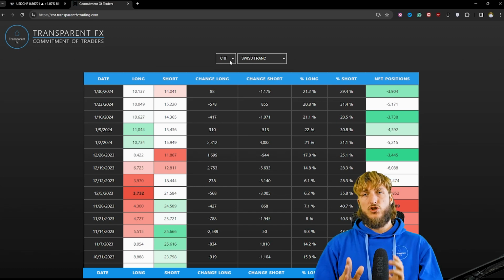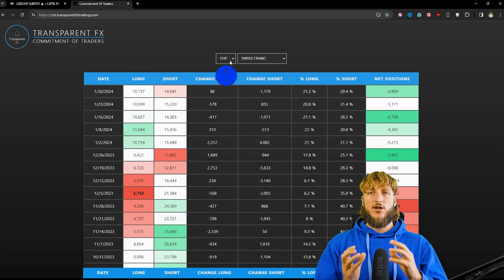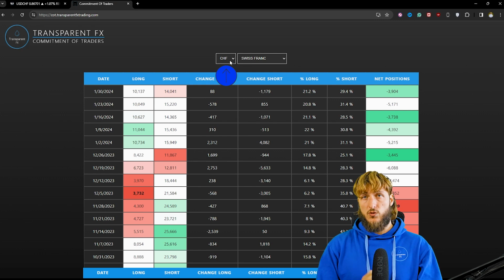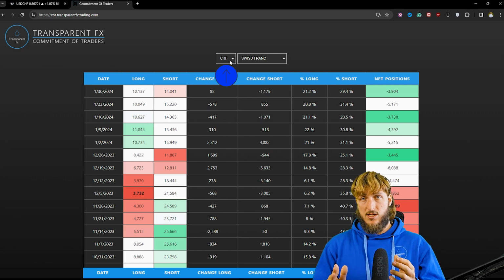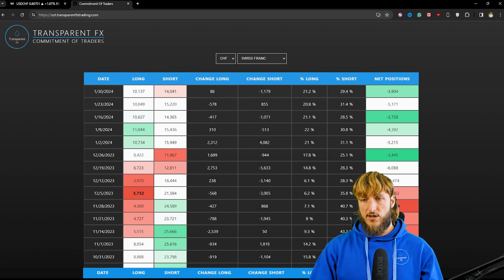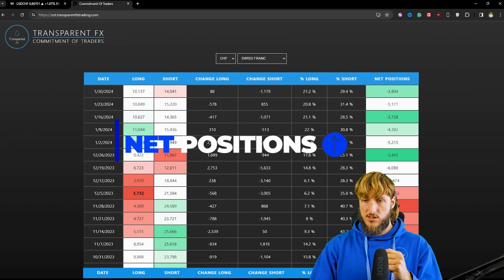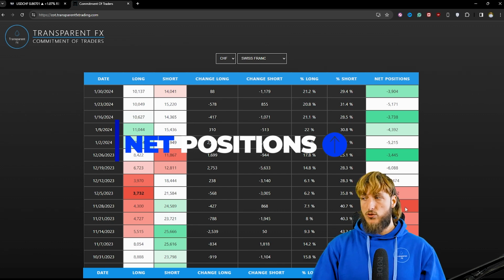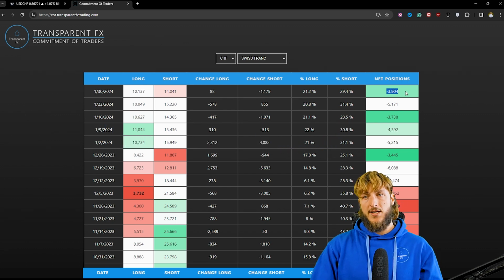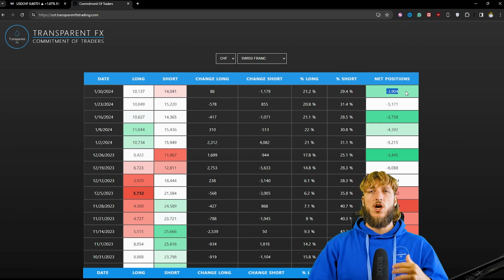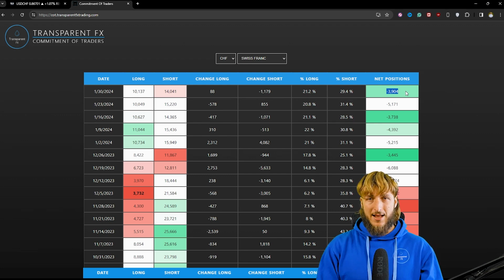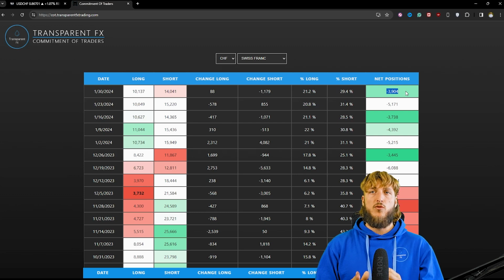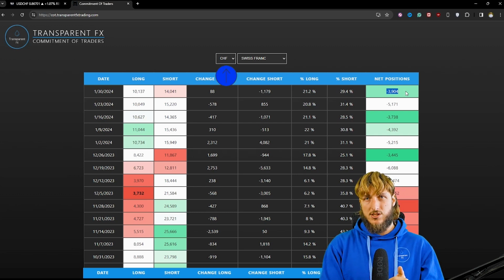Now, keep in mind that if we're checking the data for the CHF, we're actually already checking CHF USD, because all currencies on the spot are traded against the USD. And if we check data for the CHF, we can see how with the last reports, net positions have been massively increased, going from minus 20.2k net positions all the way up to minus 3.9k net positions, showing a strong